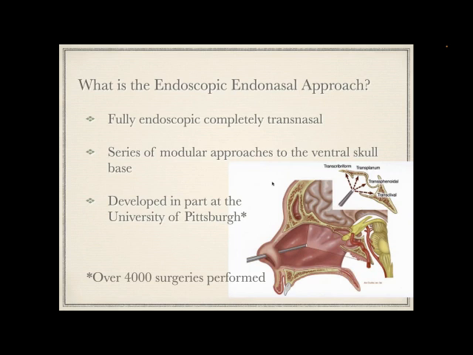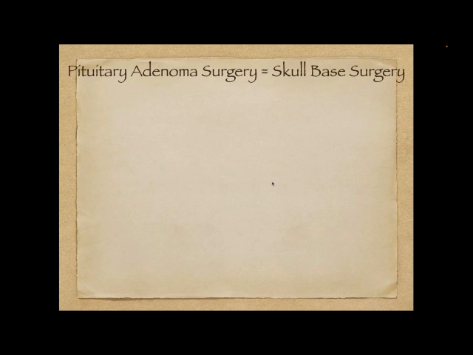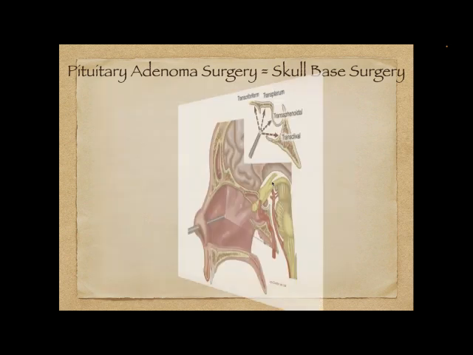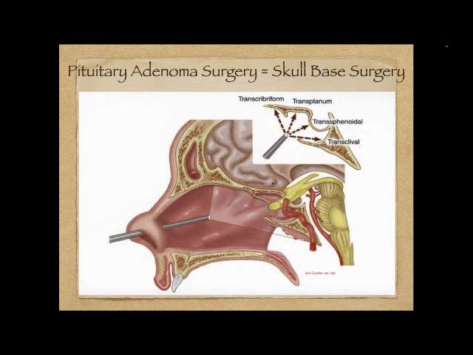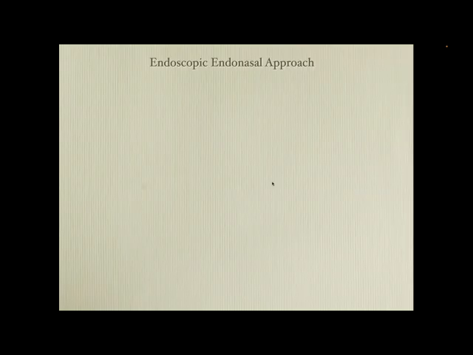And here we've performed now close to 5,000 endoscopic endonasal surgeries, many of which are pituitary tumors. And I really want to make this point that pituitary tumor surgery is skull-base surgery. You might say, what is the skull base? It's that part of the skull where the brain rests. It's the area above your ears, it's the area above the base of the back of your head, and it's the area above your nose and right behind your eyes. So we think about it maybe as the back of our head, but it really extends the whole length. And here's a cartoon showing how we can access almost all of the skull base working through just the nostrils.